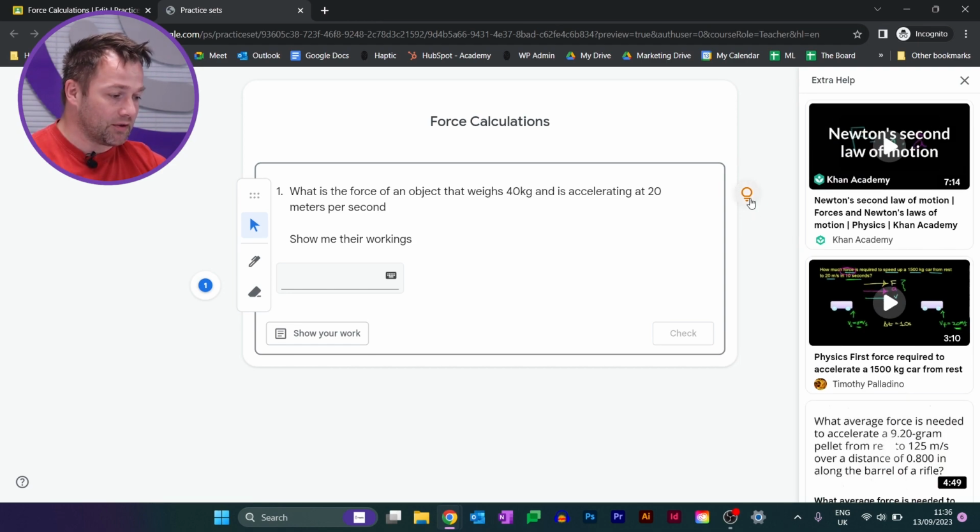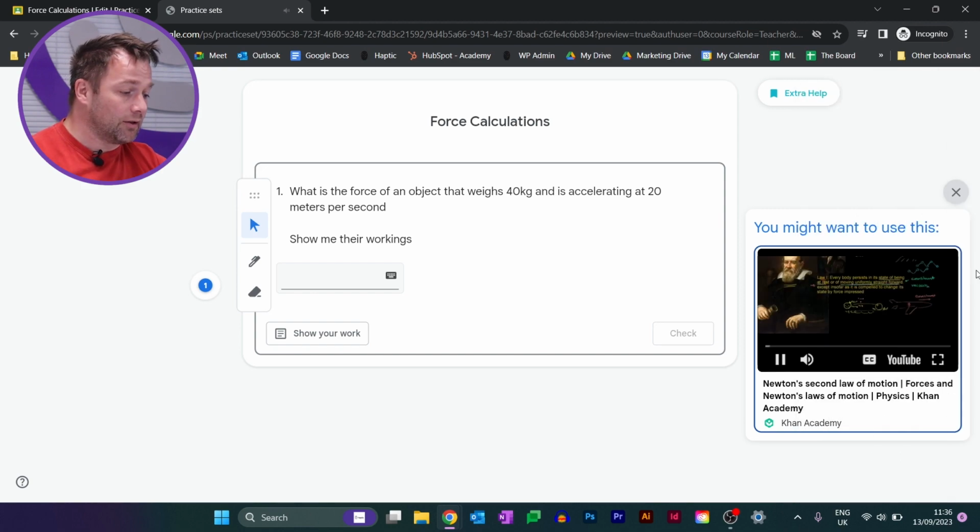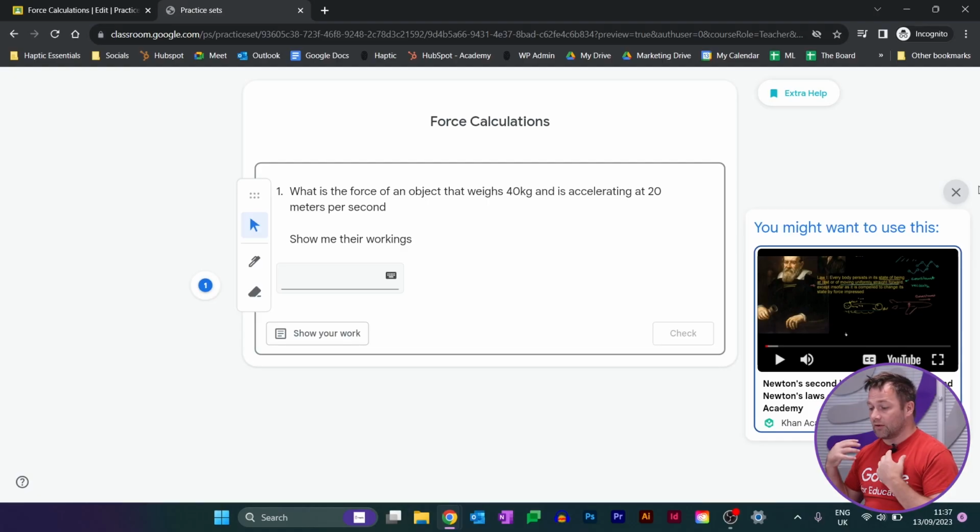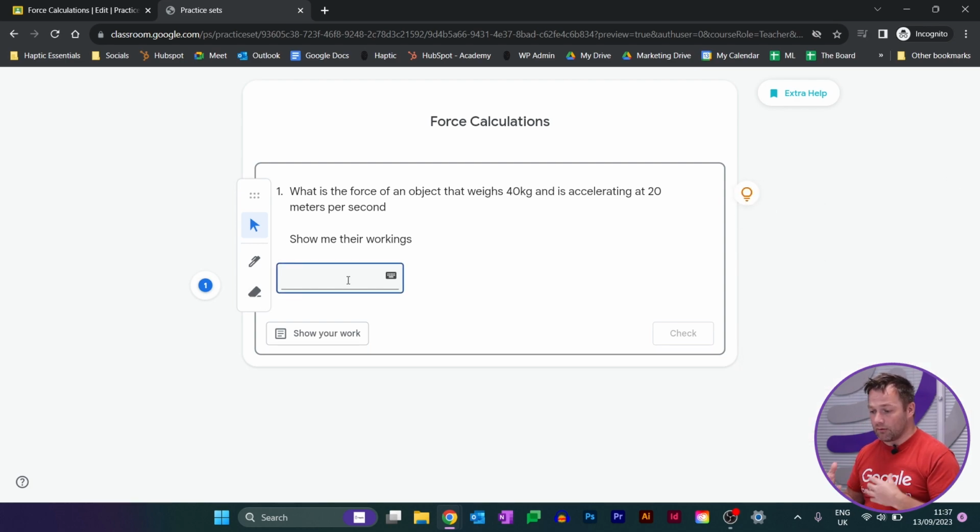The resources button, when I press on that, it will actually play back the extra help inside the practice set. So you don't need to exit, you don't need to go to YouTube in order to ingest that information. You can stay within it, less distractions for the student. Once I've looked at that resource and gained a little bit more understanding, I'm going to go to the Show